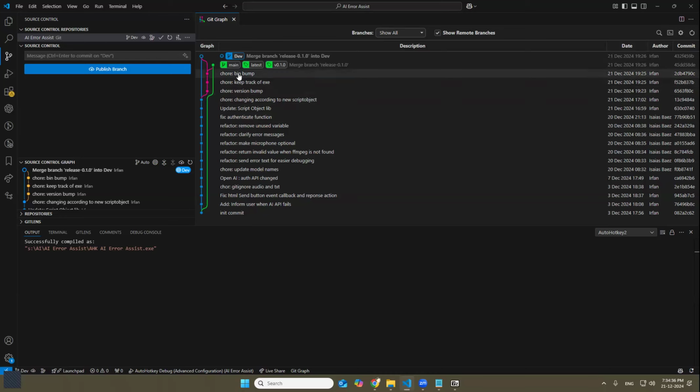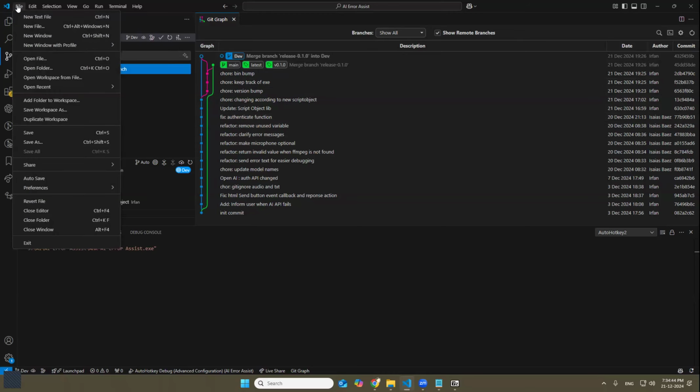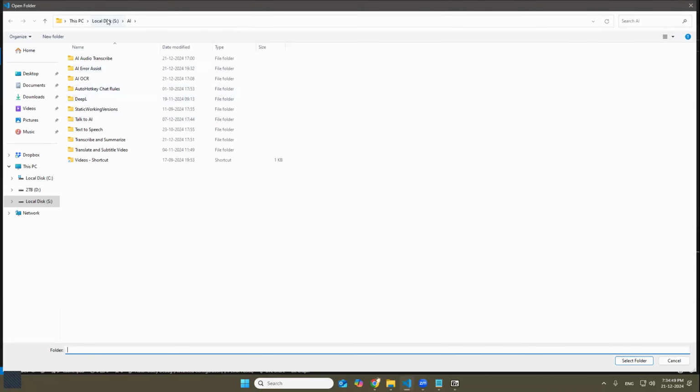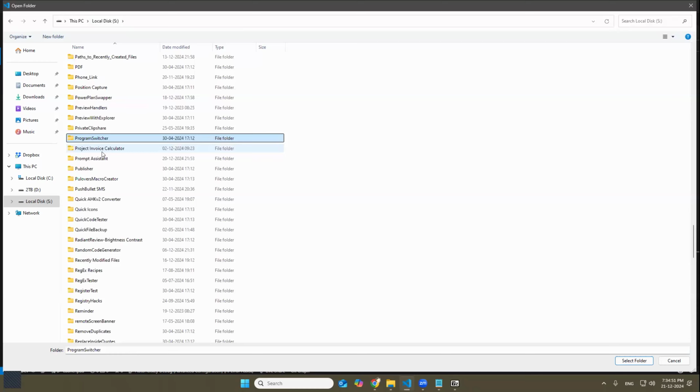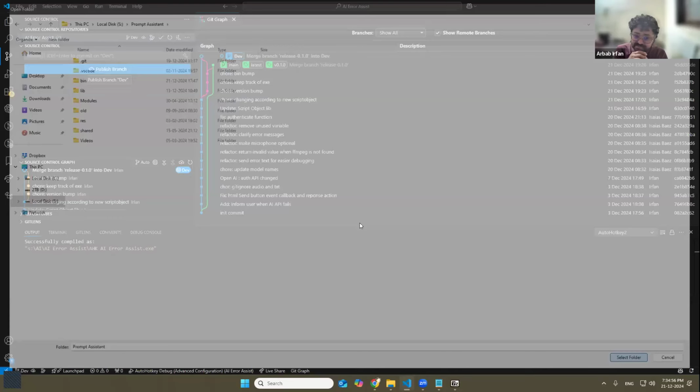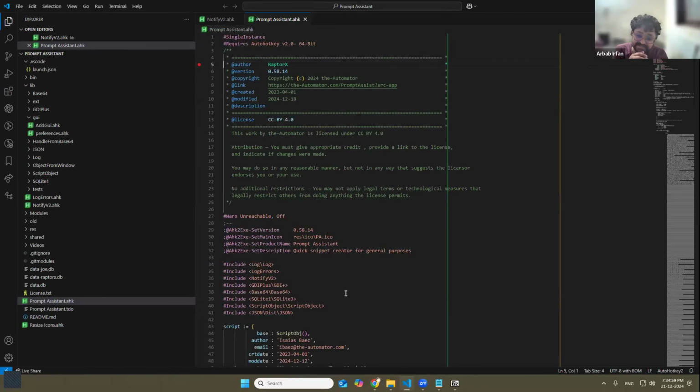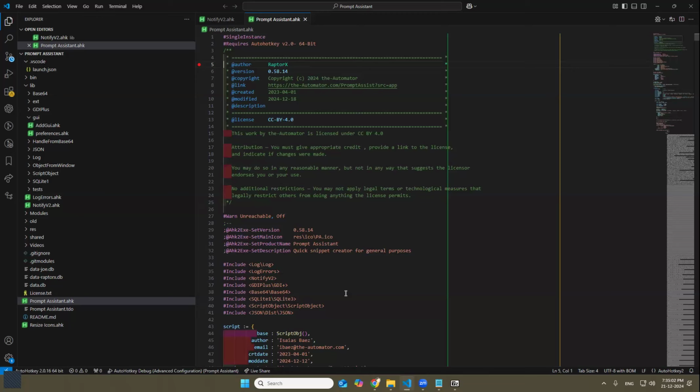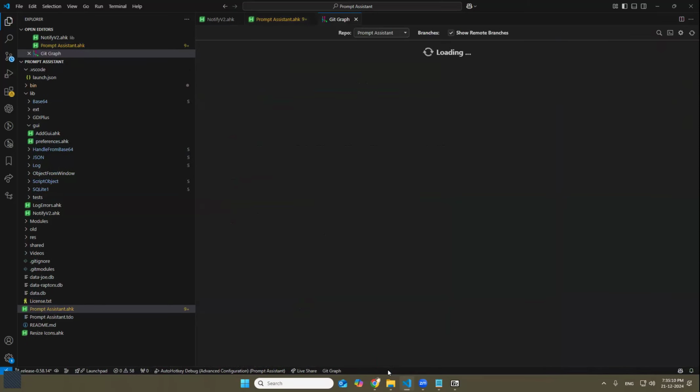Once you do that, and once you get used to it, it's going to be so easy. Every time you're going to release, as soon as you say, I'm going to release something, let me show you, just so that you have an idea of this. So if I open in here prompt assistant. I saw the prompt assistant Git, but yeah, it's very clean. But you know how to deal with the submodule? No, I'll show you that. The idea here, what I'm going to show you is you will see where I am on the process right now, and you will see that